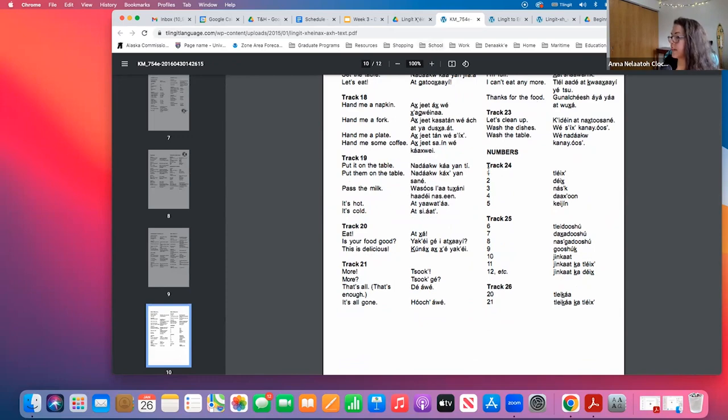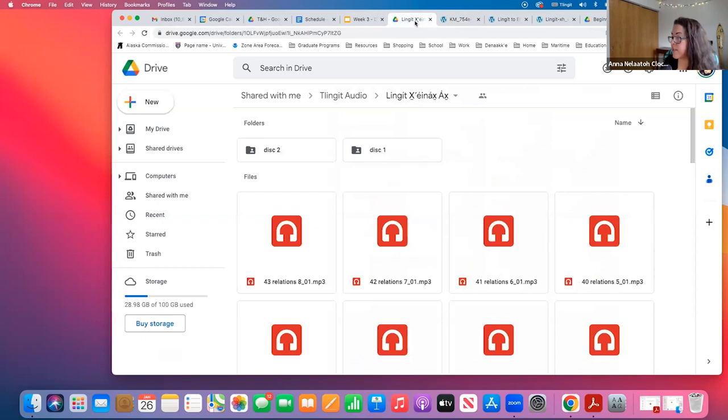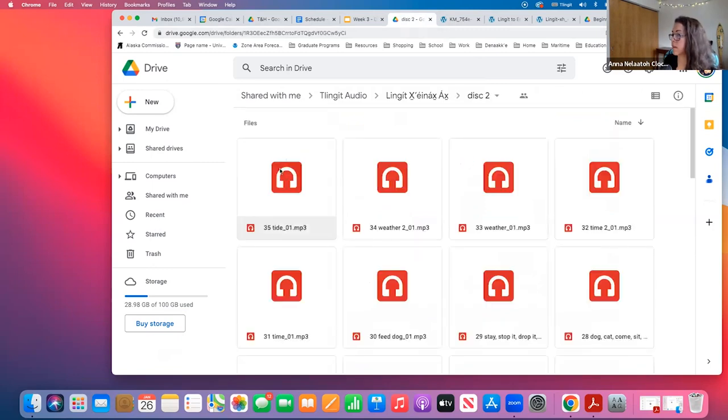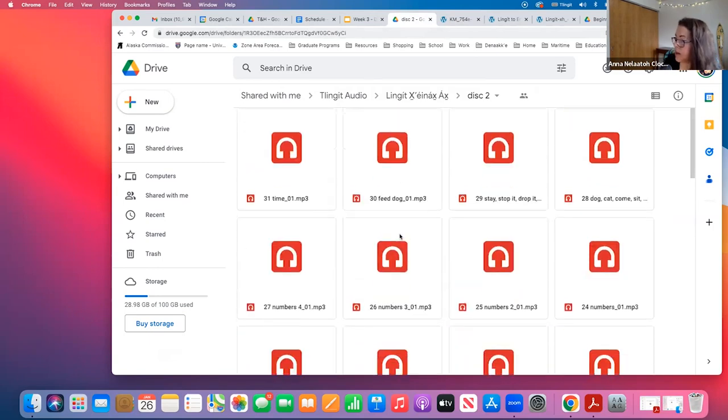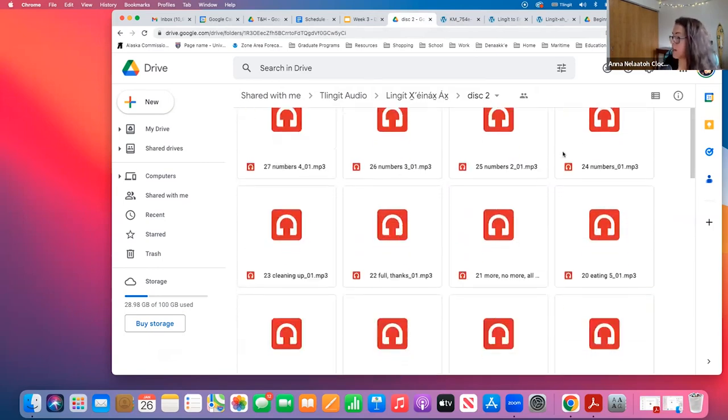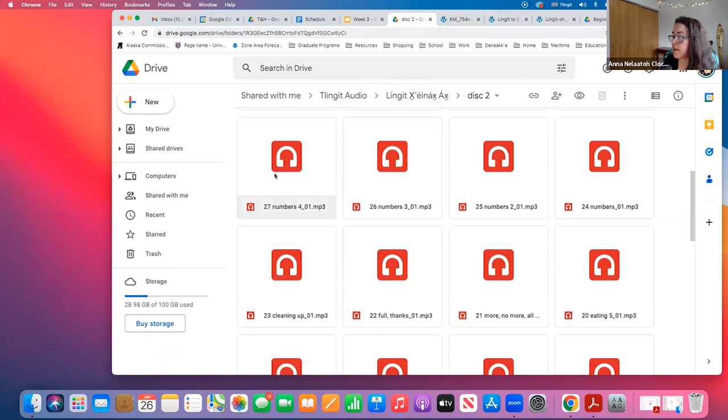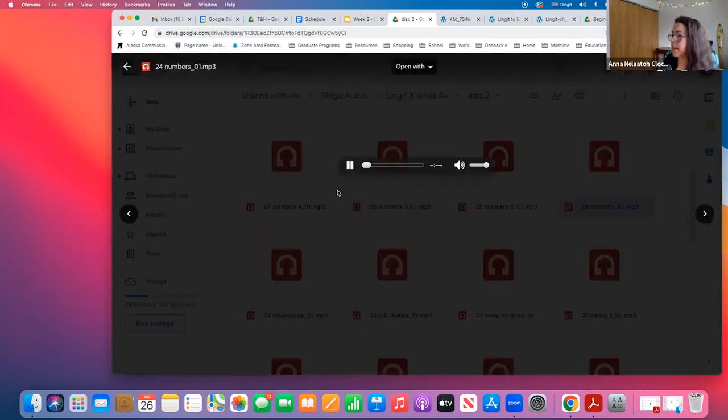And then you can find the corresponding audio file if you want to practice your pronunciation at home. To do that, click the link I shared under the audio files, open the folder that says disc 2, and scroll down to track 24. It'll be tracks 24 through 27, but just to give you an idea.